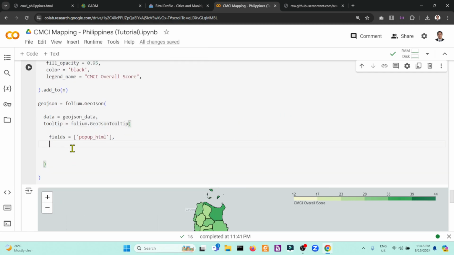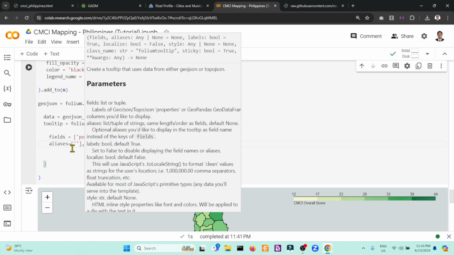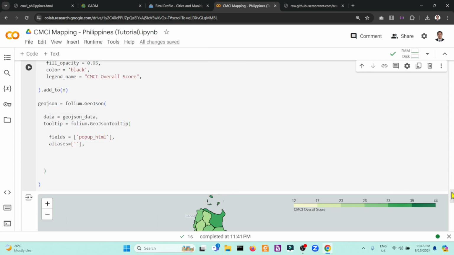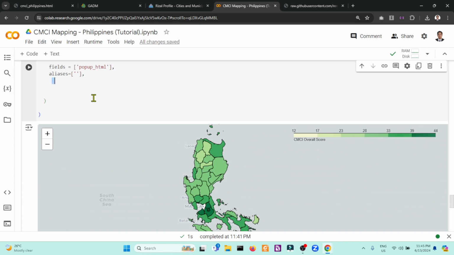Then we will now use aliases, but our aliases will be blank because it will be projected on our custom HTML. Next, the labels will be false.